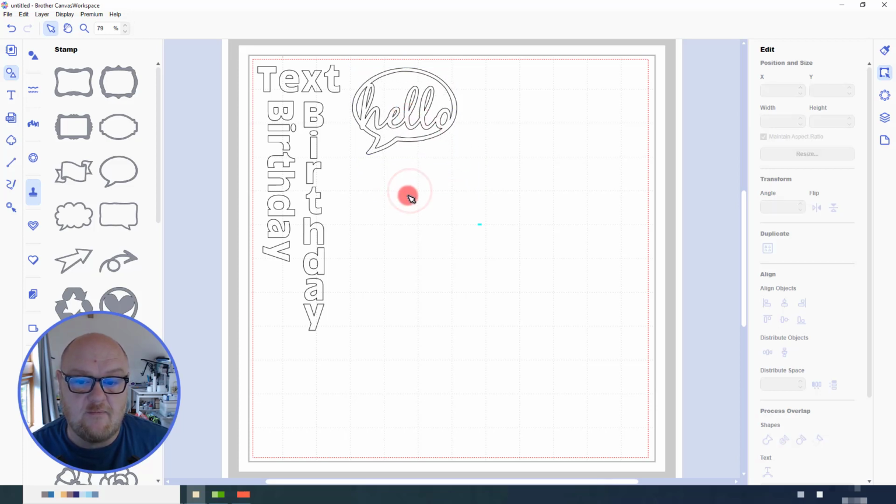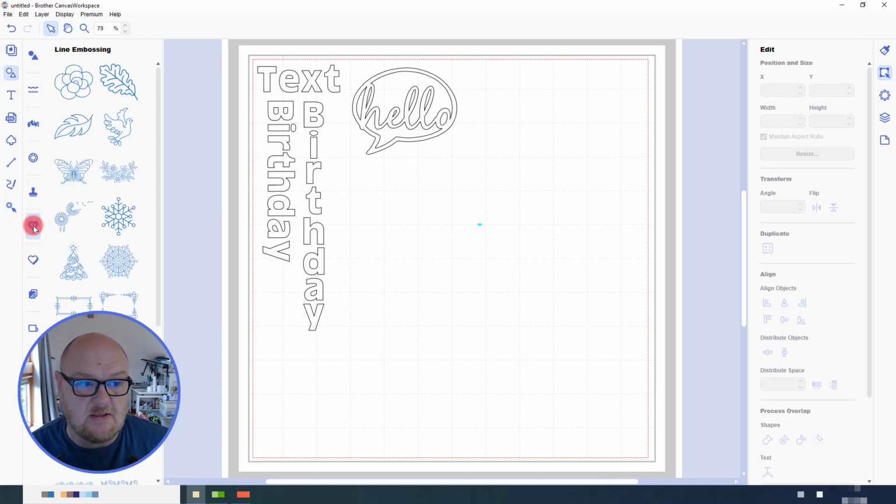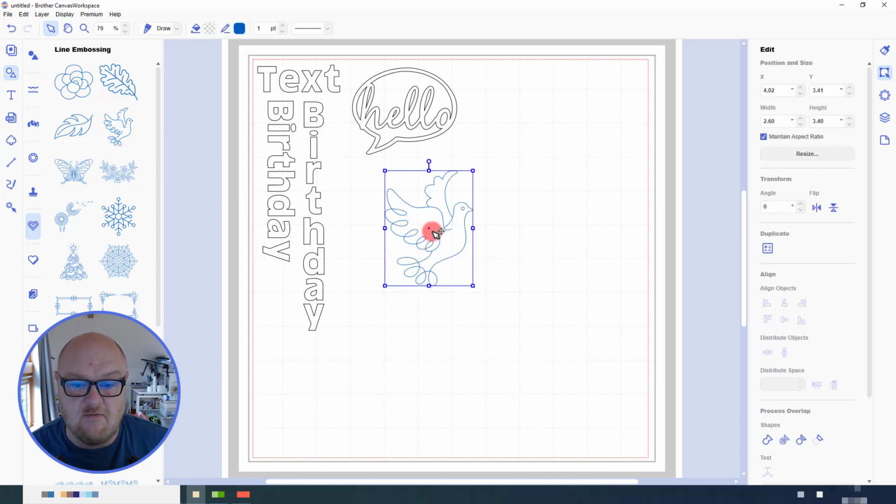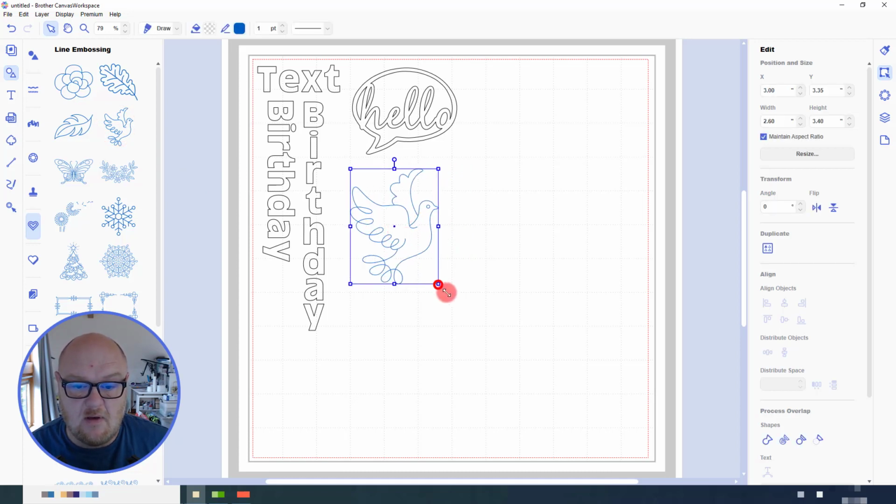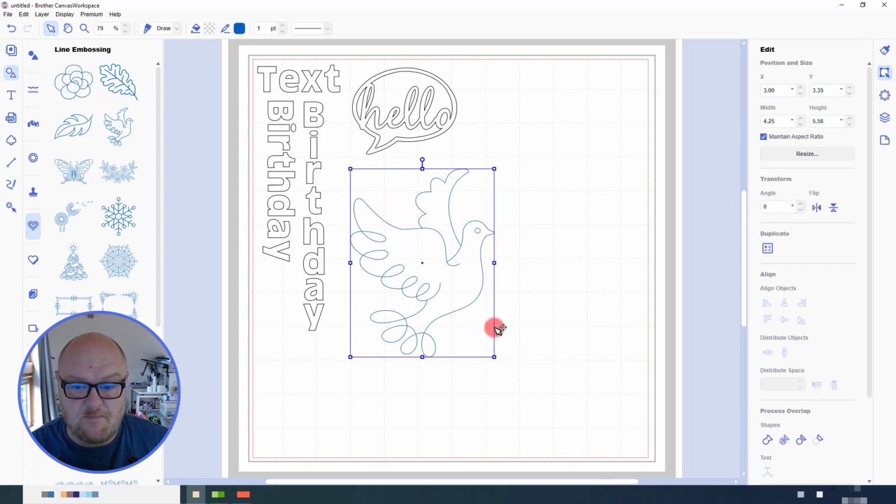It's nice enough. Now let's try something a little bit more complicated. Let's try, I know, if you've got the embossing kit, you'll have line embossing patterns added to your library. So we could bring on this dove, resize it a bit, copy and paste it,